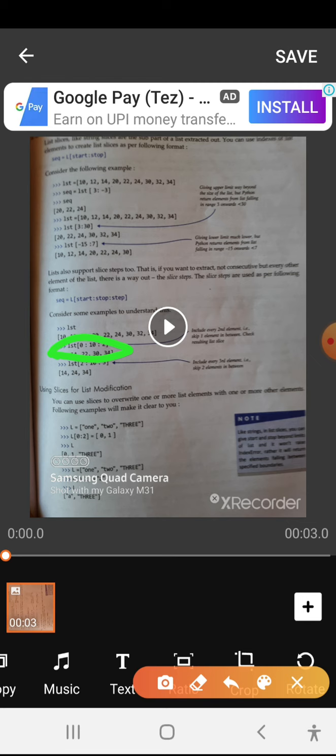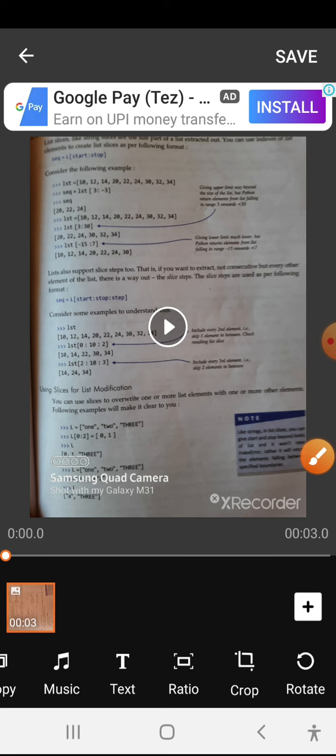It will display the result from 0 up to 10, and the step value is 2. So it will display 10 comma 14 comma 22 comma 30 comma 34 based on the given list.